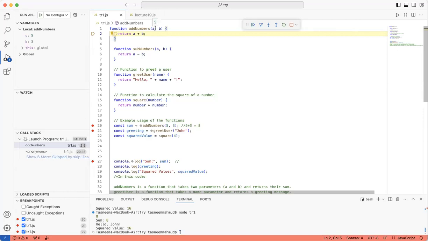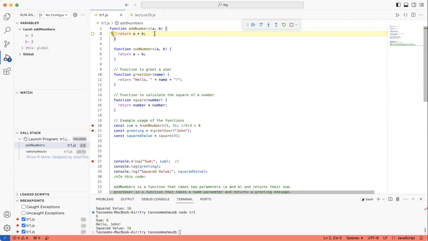And for B, what should the value be? 3. Correct. And over here, we can see that the values passed are correctly stored. Everyone clear? Questions? Clear? Correct. Okay, great.